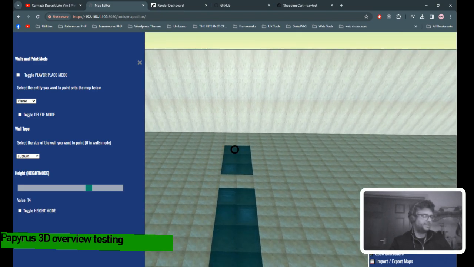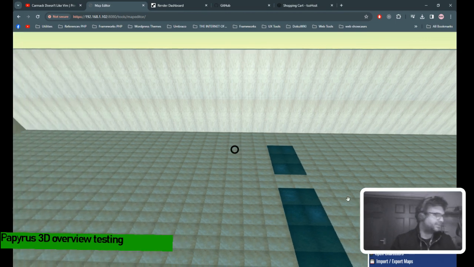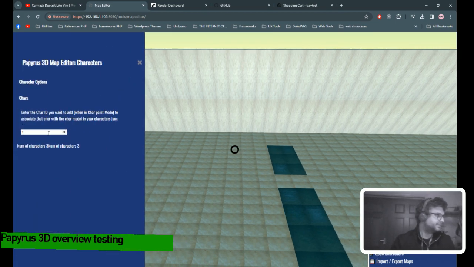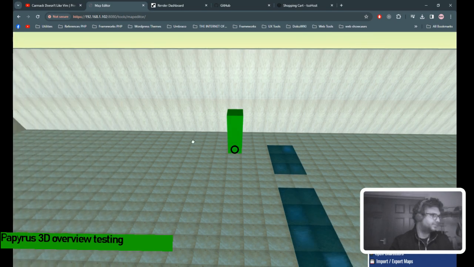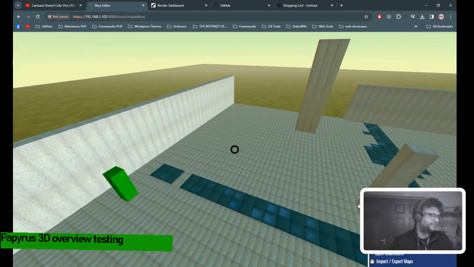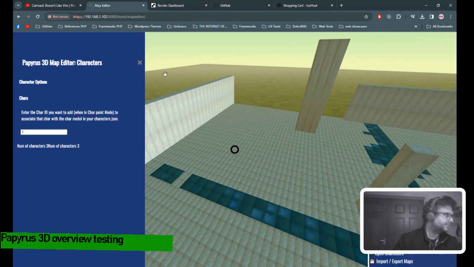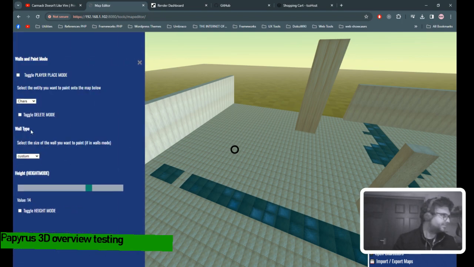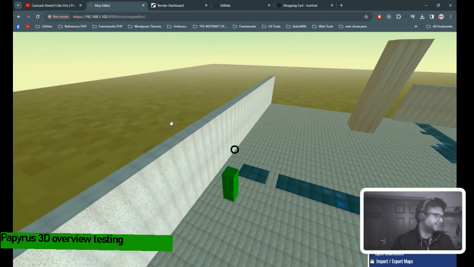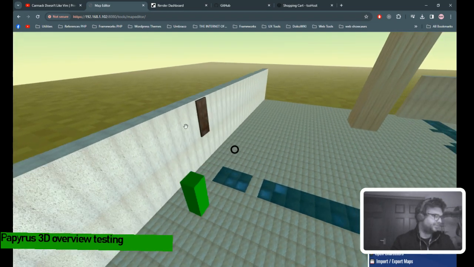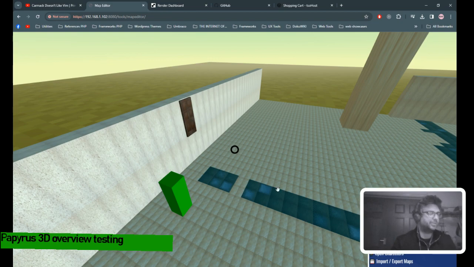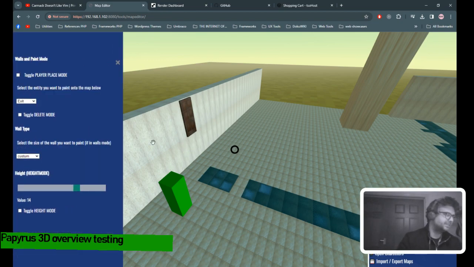I'll see if I can get the character in again. So I'll just change the mode to char. Go here, open up characters. I'm just going to load up the default and plonk a character there. And yeah, I'll just leave that there, see if it loads up. Also going to create an exit door now. So the exit door is just basically a door, plonk it there. Obviously that's a bit wrong, but in the actual engine it loads fine.